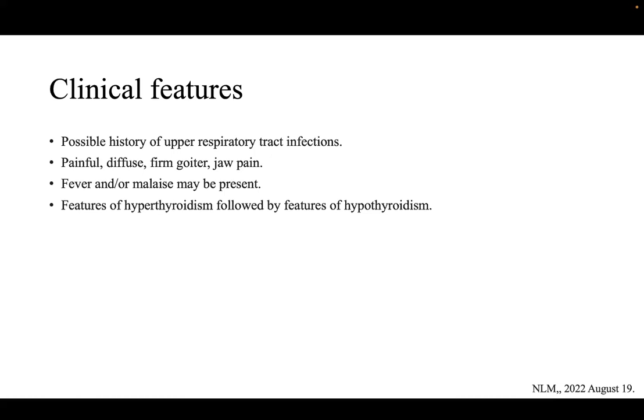Usually, the inflammation of the thyroid gland manifests in three phases. You have the thyrotoxic phase, which is caused by the damage of follicular cells, and there will be a release of stored thyroid hormones. Then there will be a hypothyroid phase, because there is a depletion of the preformed colloid, and there will be impaired synthesis of the thyroid hormones. And finally, once the thyroid function test recovers, there will be features of the euthyroid state.